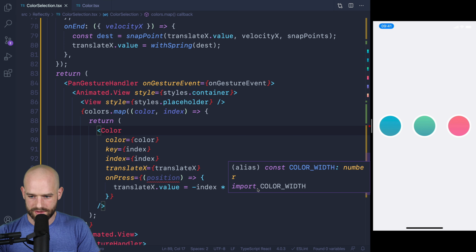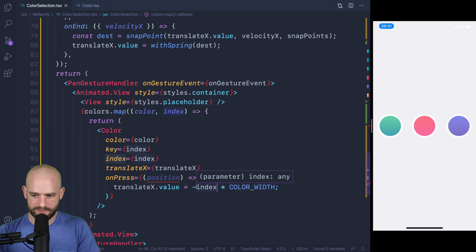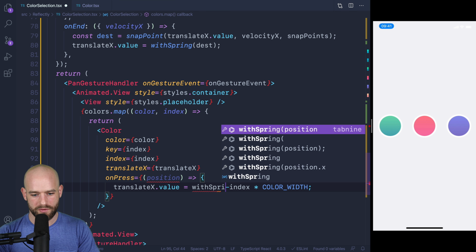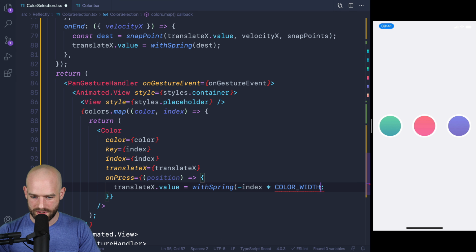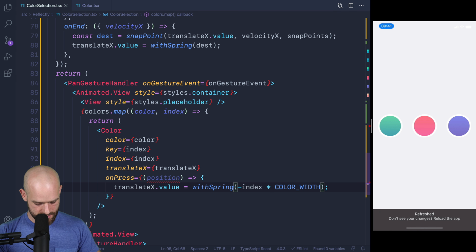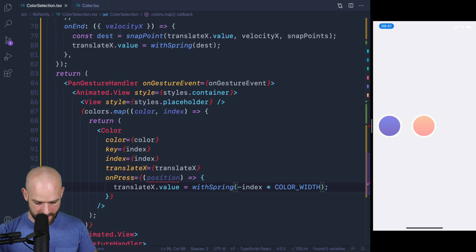Oh, yes, of course. So here you see I write the value directly. So this is why you see this. We need to transition to it. So I can do it with Spring. So now it animates nicely. Let's